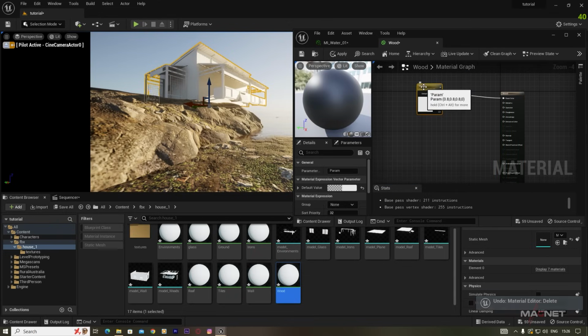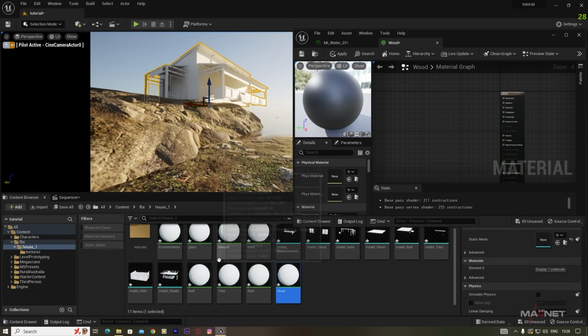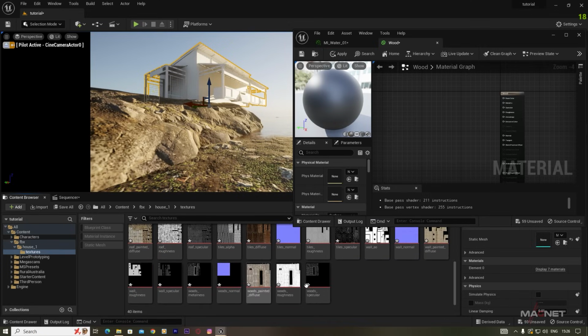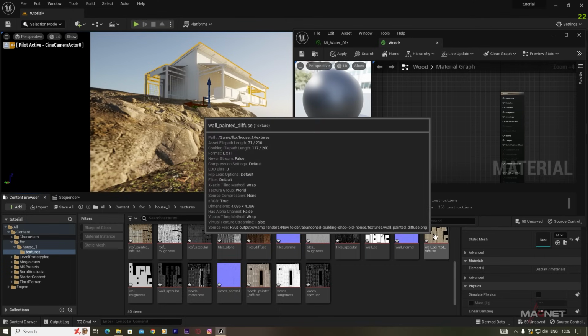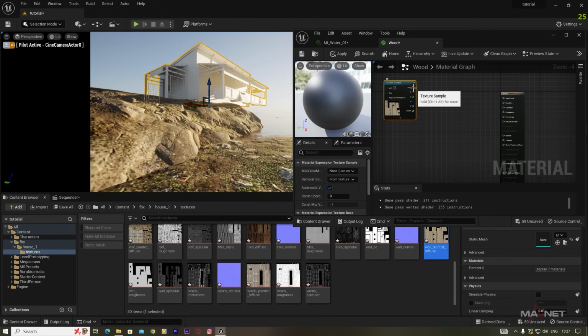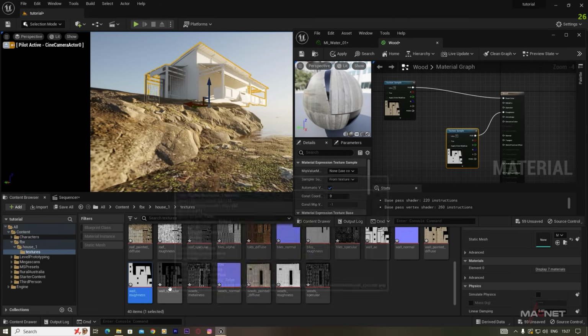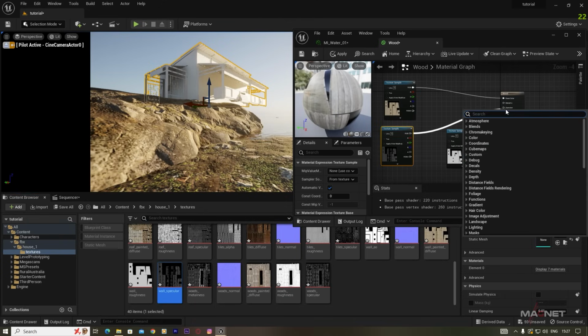So we just select and press delete to delete this, and we open this texture folder and find all the textures named as wood. So here you can see wood metalness, wood specular, wood roughness and this wood diffuse. We're going to select this wood diffuse first, and connect it to base color here, and then we go to this roughness and connect it to the roughness channel here, and also do the same. So we go to this specular and connect it with the specular here,